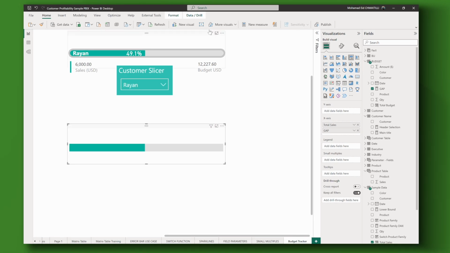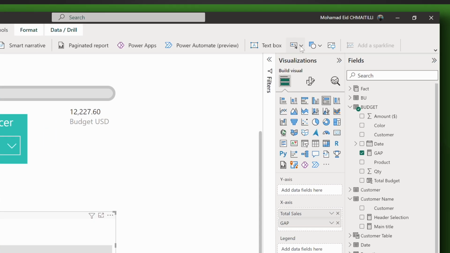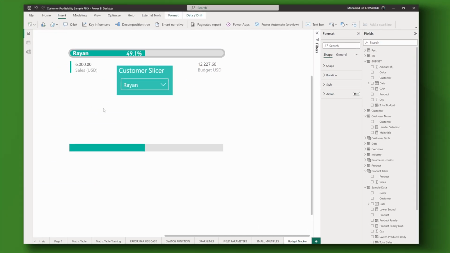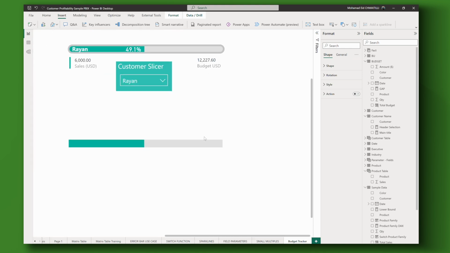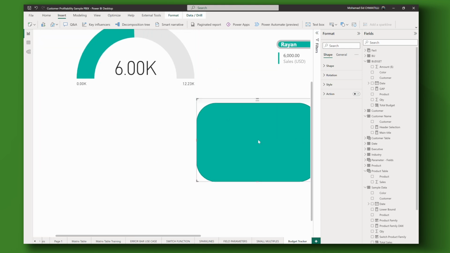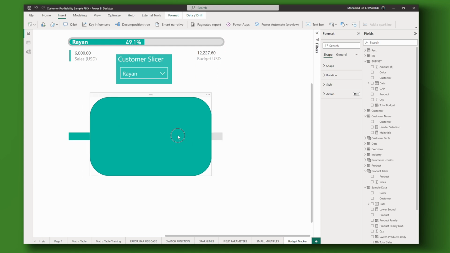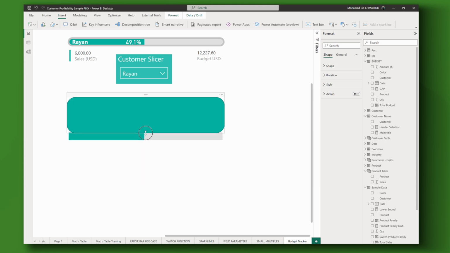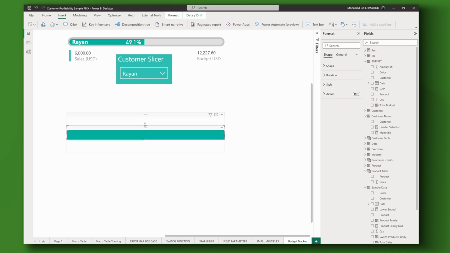Now what about if I want to make this curved shape that you see over here? You go to insert and you use a shape. You use a round edged shape. Where is this shape? Here it is. So let me bring this shape in here, and I'll put it above this one here. If you look at it, you think that I'm doing something really complicated, but it's not that big a deal.